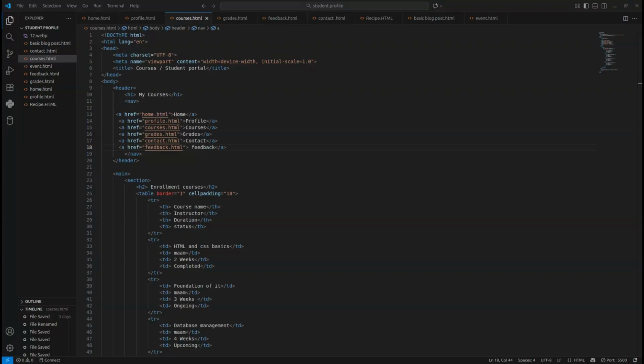Now I will explain my course.html, how I made it. First, we already know that we have to use doctype and language and head or body. Then I give a heading here, My Course, and I use here a href for links, and then I use here navigation to connect all these HTML web pages with each other. And I give here a main. It contains